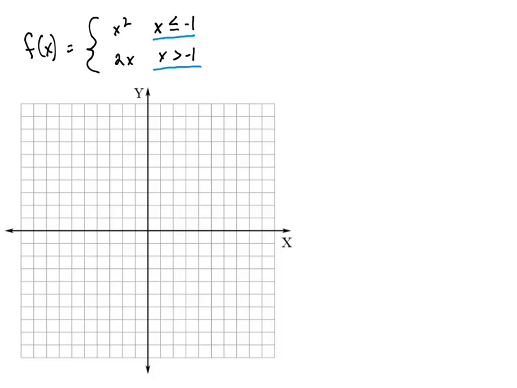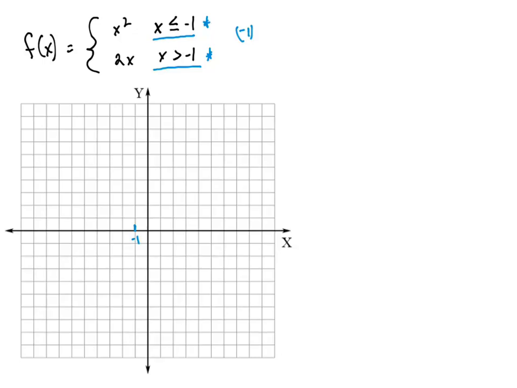It looks like the restrictions for each of these functions has a cutoff at -1. So at -1, for this rule, we're going to say x squared anytime x is less than -1. In other words, if we're to the left of -1, we're going to use the function x squared. When we're to the right of -1, we're going to use the function 2x. All right, so let's see what happens when I plug in -1